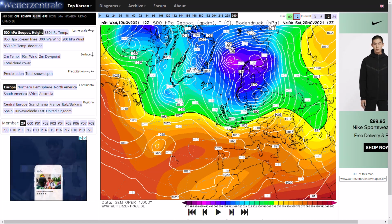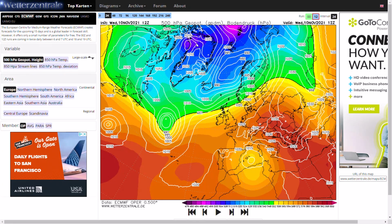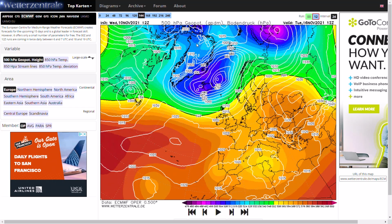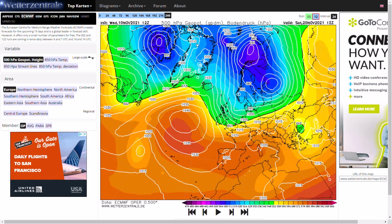If we have a look at the ECMWF, see how that does compare. You can see generally again very similar the next few days. High pressure builds in towards the end of this weekend, and then we go generally westerly once again. The low pressure is much closer to the north. It's more likely to be showers and heavy rain in the north than in the south, and right towards the end of the run again we see this